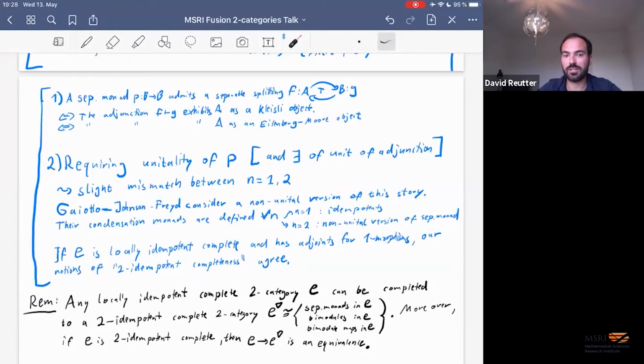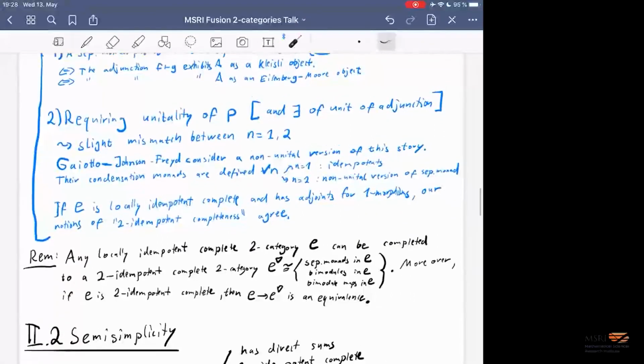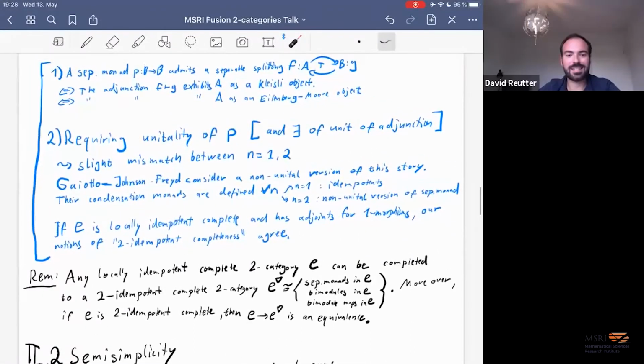Any questions? What is a Kleisli object? Right, so a Kleisli object is essentially,